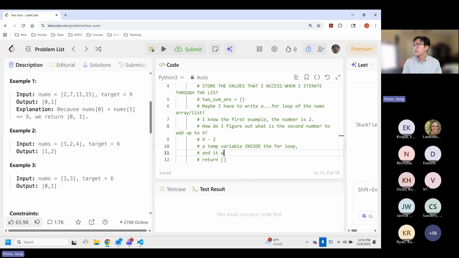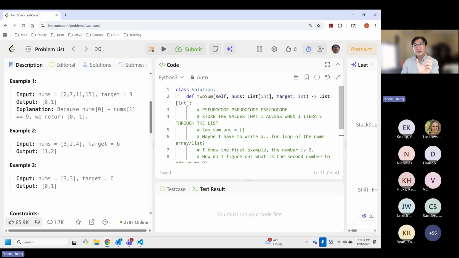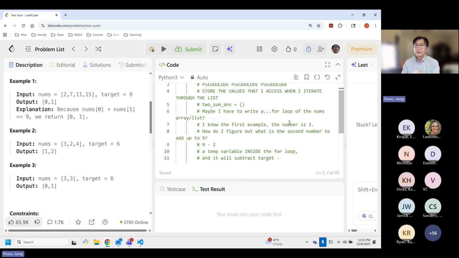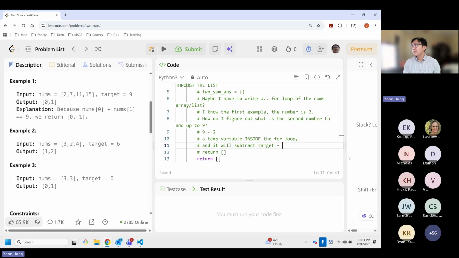And it will subtract from the target. And where am I getting that word target from, everybody? That's the variable, or the argument, that they give to us, but you get the picture. Target minus whatever the internal number or element we're going to iterate through.